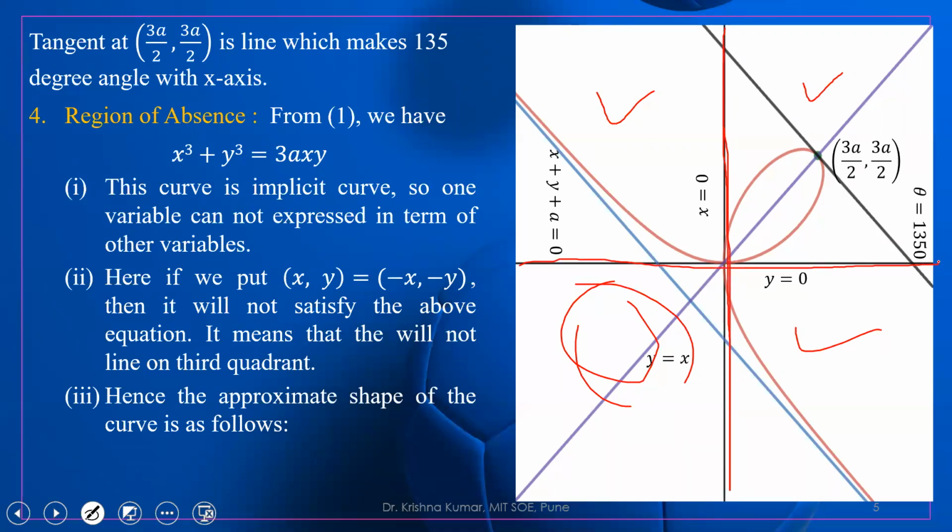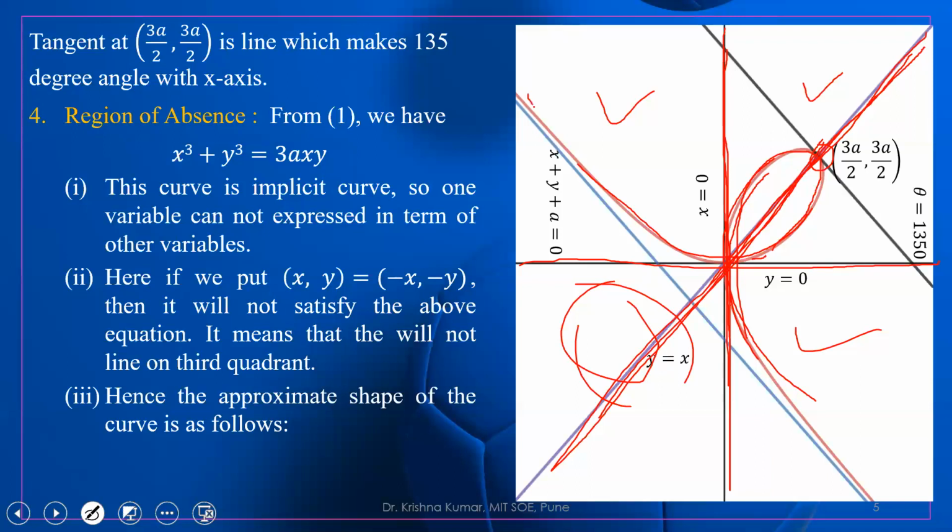Now, if the y-axis is a tangent, there is a curve like this, correct? And it is symmetric about this line y equal to x. This is the line of symmetry. Clearly, if we fold through this line, the curve will overlap. So we get one tangent like this, another tangent is this, and now they will go to that side and meet at the point (3a by 2, 3a by 2) that we have already seen.